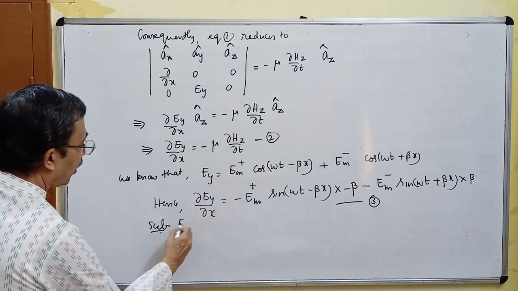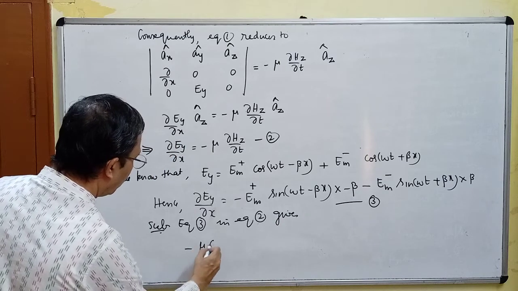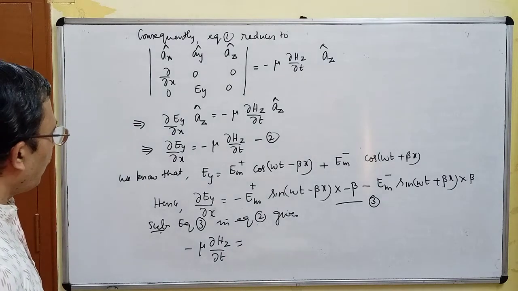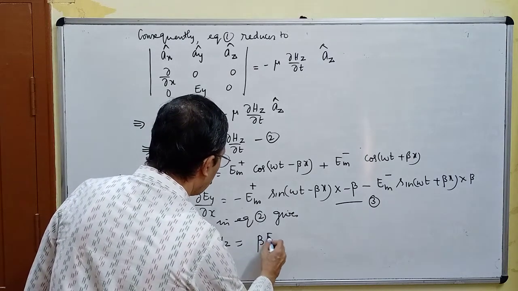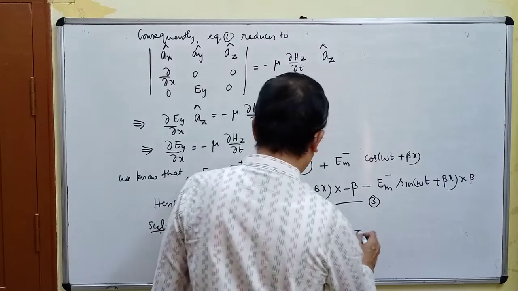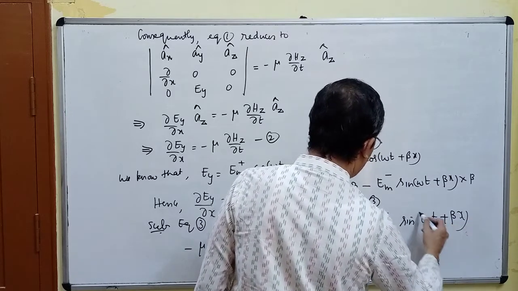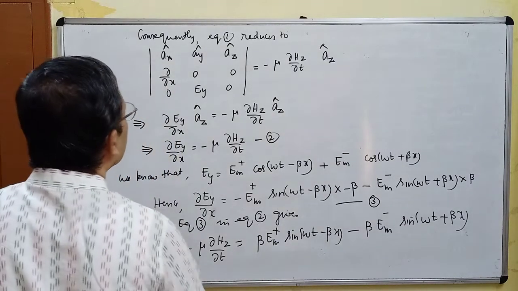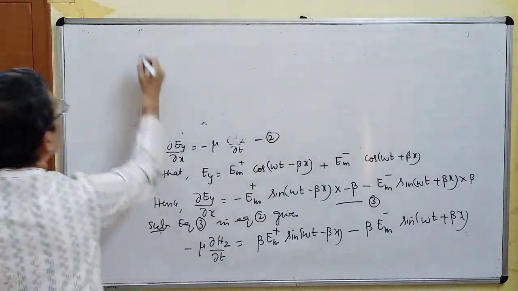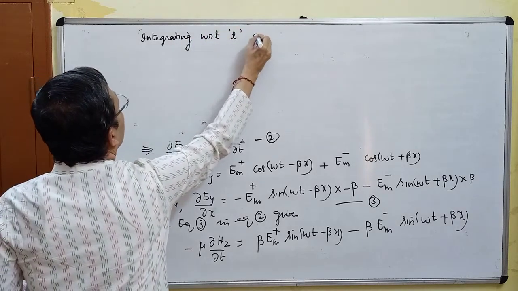Substituting equation 3 in equation 2 gives minus mu into ∂Hz/∂t is equal to β into Em+ sin(ωt − βx) minus β into Em− sin(ωt + βx). Integrating with respect to t gives